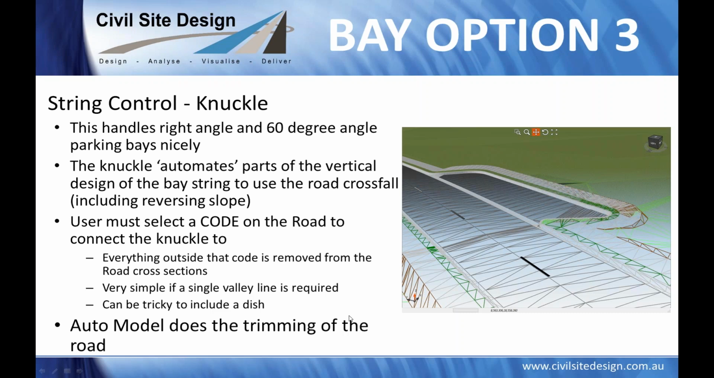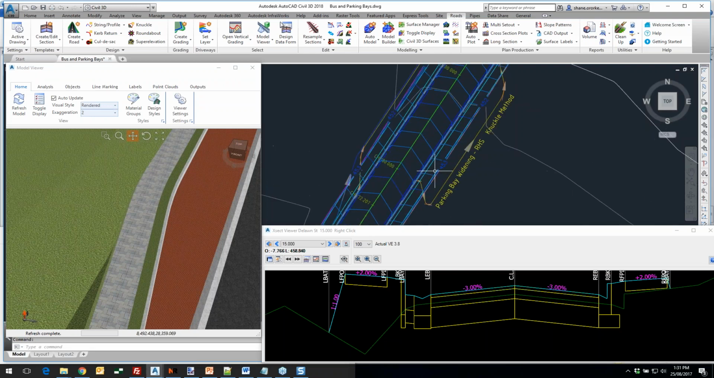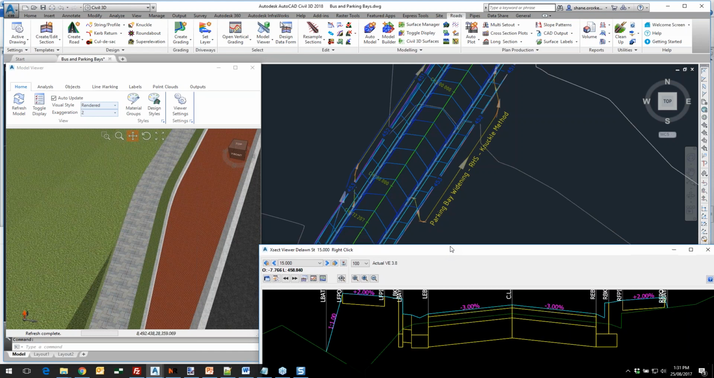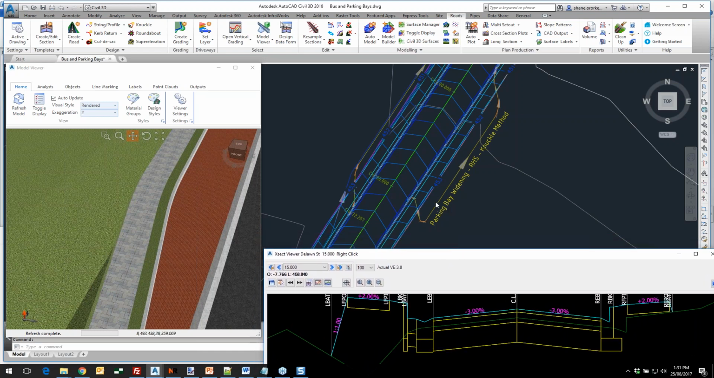Okay, so the knuckle automates the vertical design. The knuckle uses a code to cut and then hops in. I do have a note here, it can be tricky to include a dish. Okay, so I'll talk about that now. So I've got an alignment here that would really suit the knuckle situation. And I do apologize for my lack of real estate. But I've got an alignment here called parking bay widening, and I'm going to now use that to create a